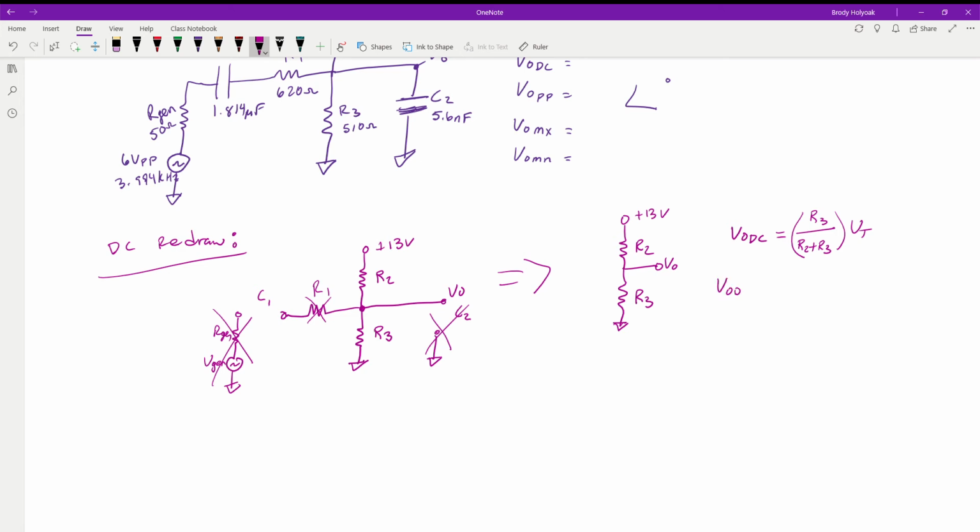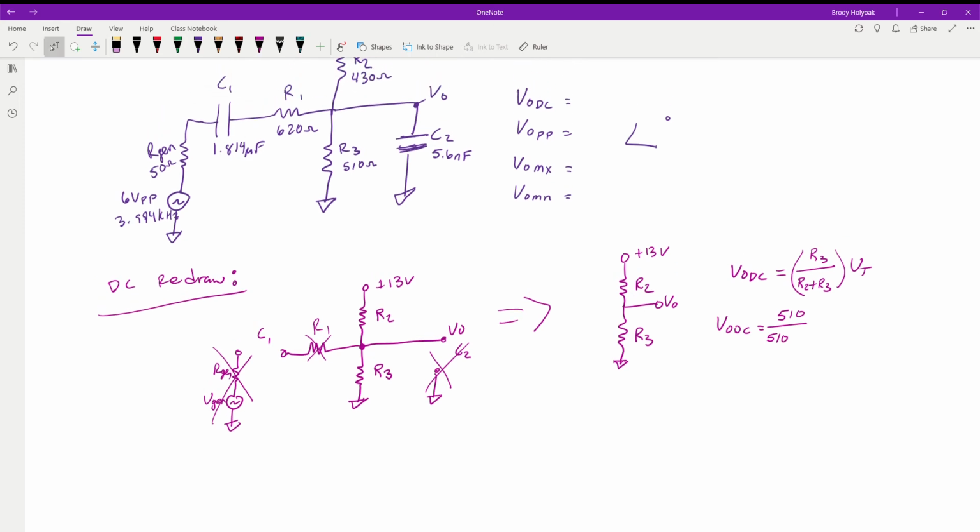So our V out DC is going to be the 510 ohm resistor over the 510 plus 430. We multiply that by our voltage total, which is 13 volts DC. We run that through our calculator. And again, this is where I'm going to pause for a second, let you guys run through your calculations. And if you need to pause the video, you can. And then once you've decided to unpause the video, or if you just kind of watched it straight, we're going to end up with a total of